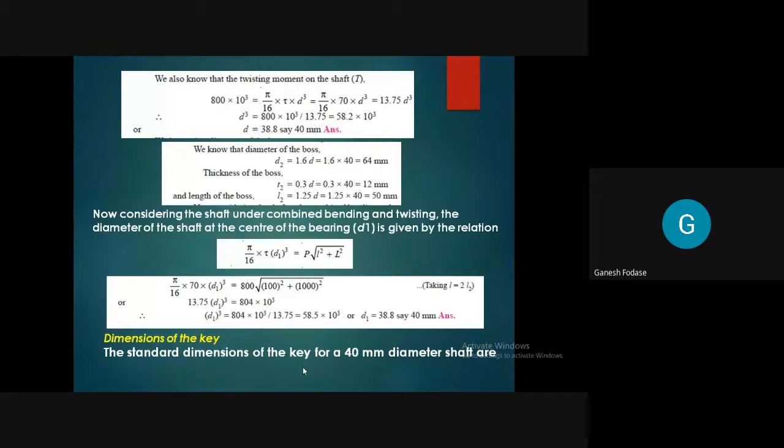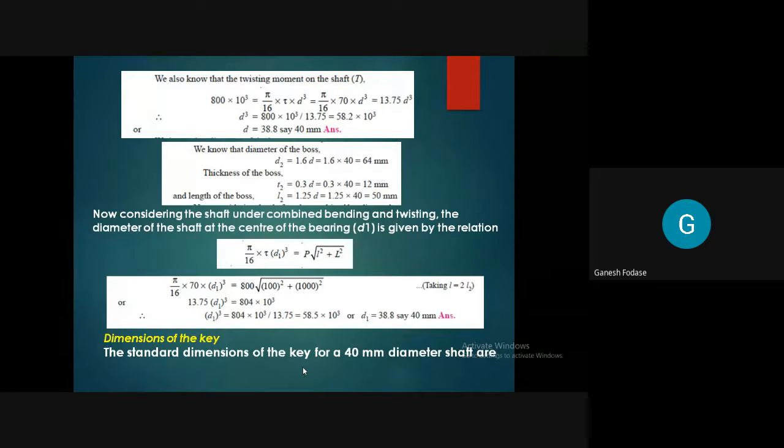What I want to tell you is, if the diameter is known to you, what is the first column in that image? Shaft diameter. Yes, shaft diameter. So we know the shaft diameter now. What we need to find out is the shaft diameter. Once we know the shaft diameter, then based on it, we can select the standard dimension of the key. Okay, so this is from the design data book. Now, what diameter are you getting?